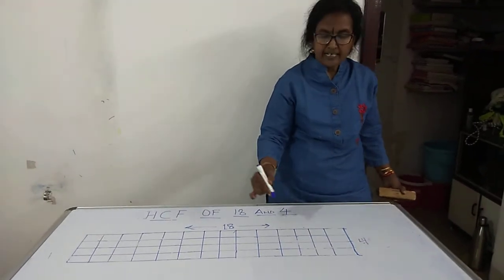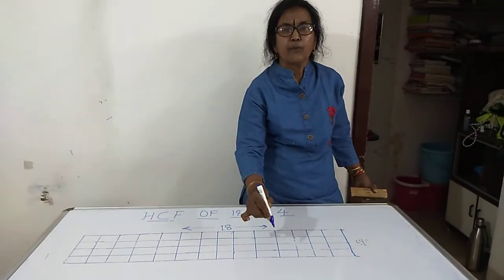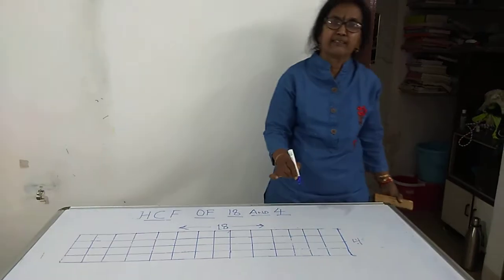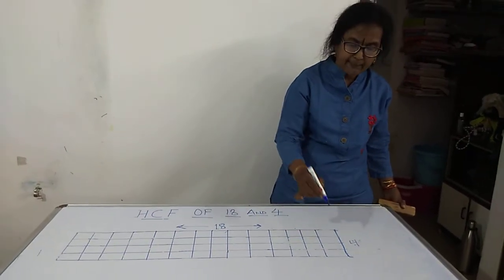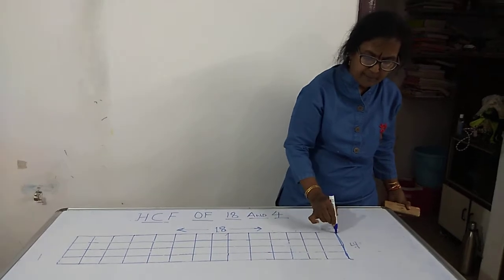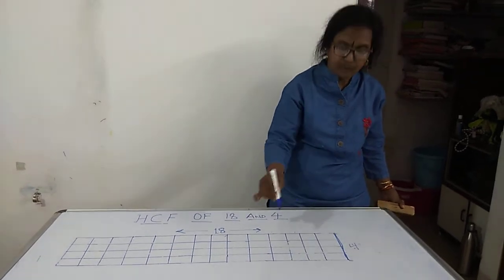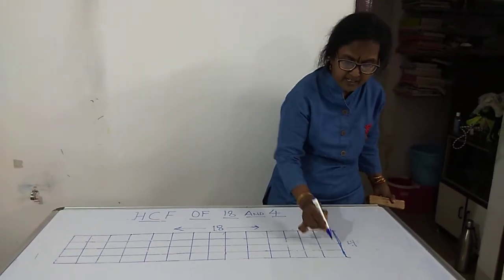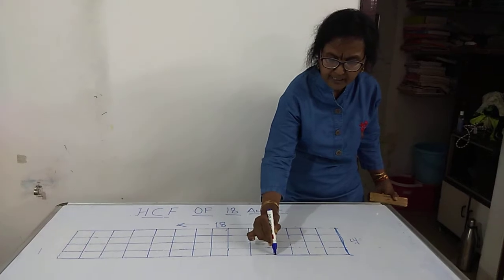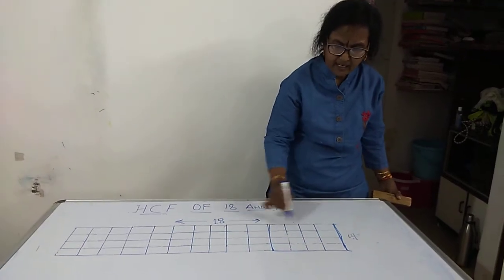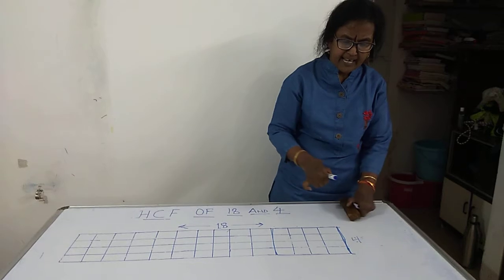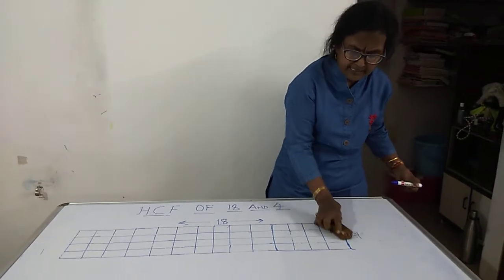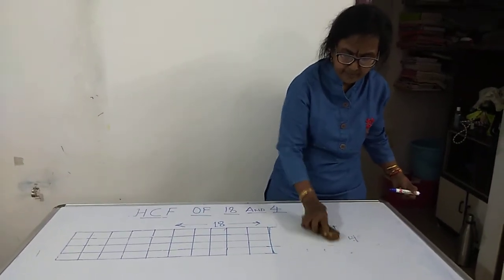Now again to make a square of maximum length from this rectangle. So again we can make a square of maximum length, that is again 4 by 4. So 4 here, 1, 2, 3, 4 here. So this is again a square of maximum length. So again we can rub this, the maximum length square which I have made.